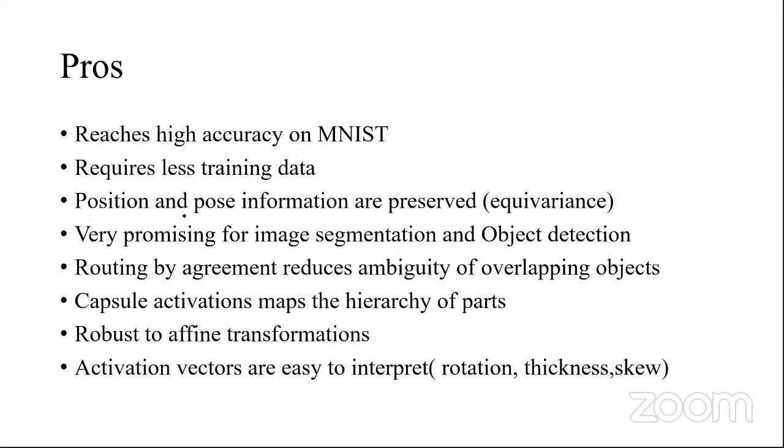Routing by agreement is very important for the CAPS network, as it prevents the ambiguity of overlapping objects, which we have seen with our house and the boat. Here we are using the capsule activations that map the hierarchy of parts. Hierarchy of parts means, for example, the relationship between the face and the nose, where it is actually located. It is robust to affine transformations and translations, stretching, pose, and orientations. Activation vectors are easy to interpret. Here we also do weighted sum calculations and a squash function instead of the activation function of a neural network, and we are almost using the convolutional network concept here